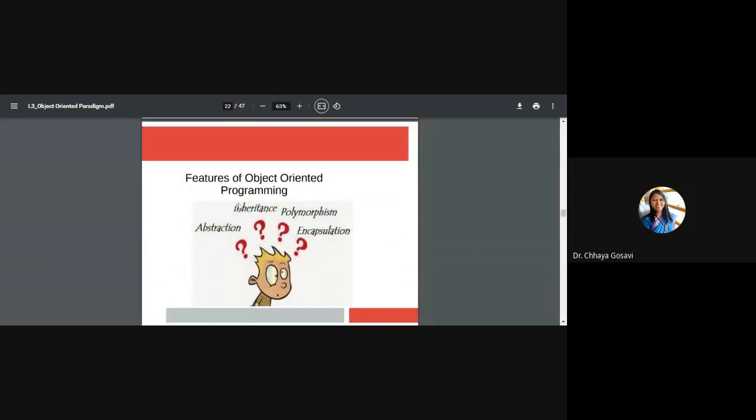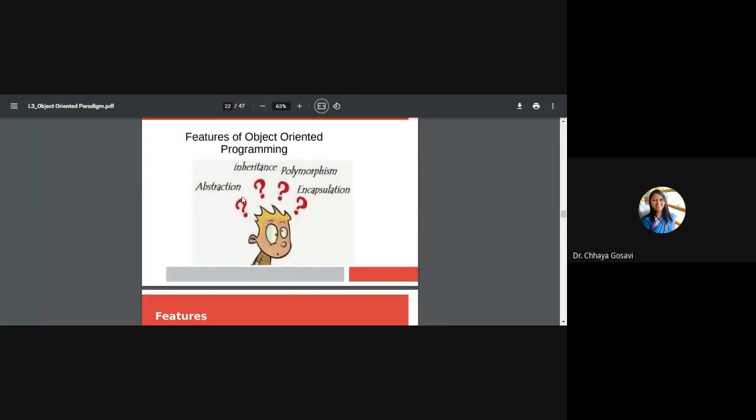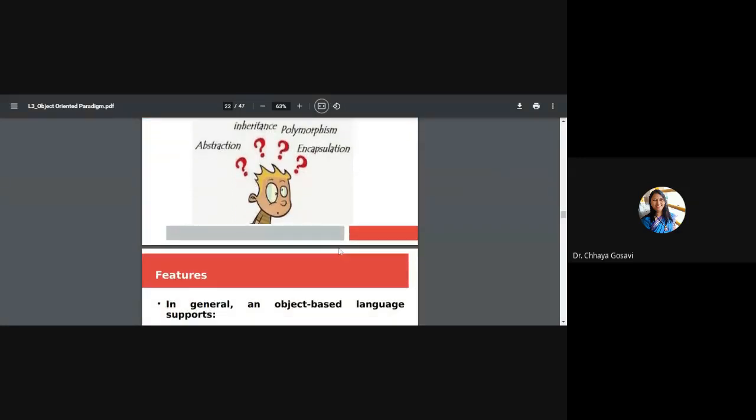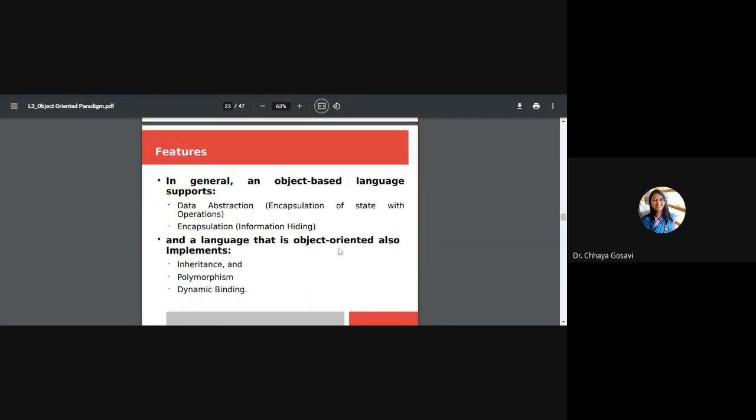Next is features of object-oriented programming. So now you might be confused about what abstraction, inheritance, polymorphism, and encapsulation mean. We'll see them one by one. In general, an object-oriented language supports data abstraction, object-based. In the very first slide, I showed you different programming language paradigms.